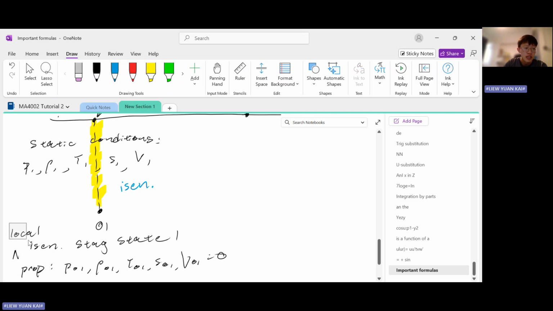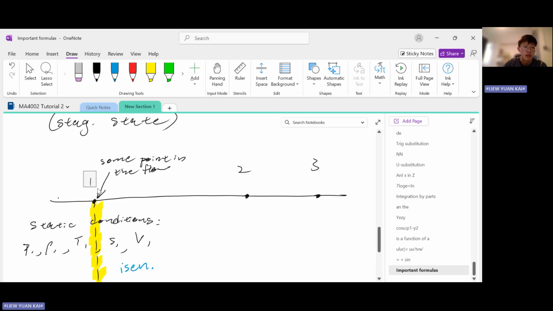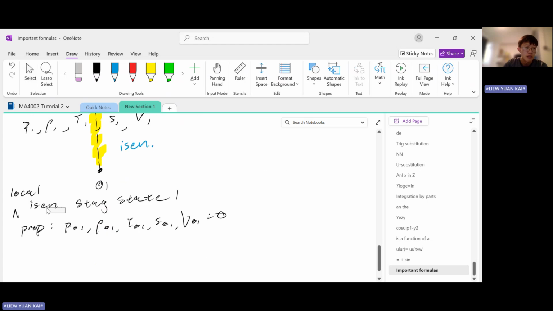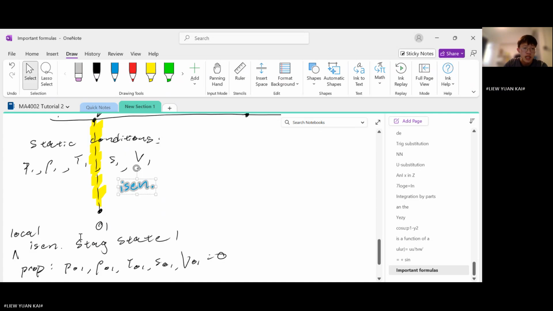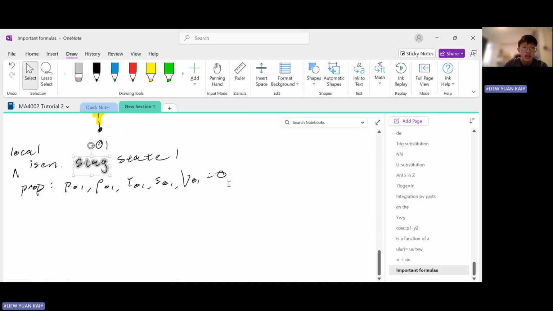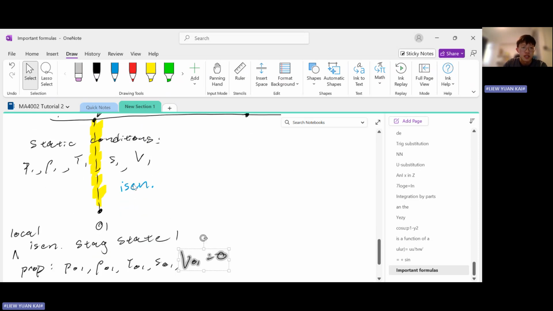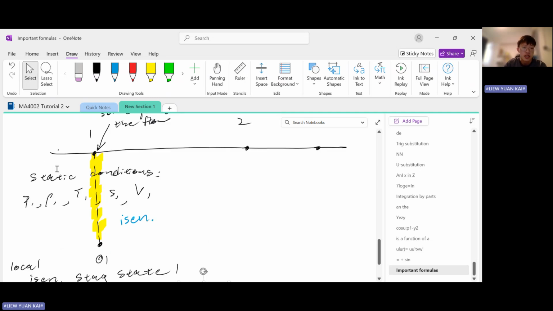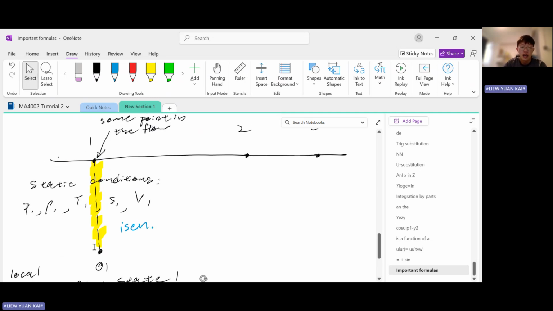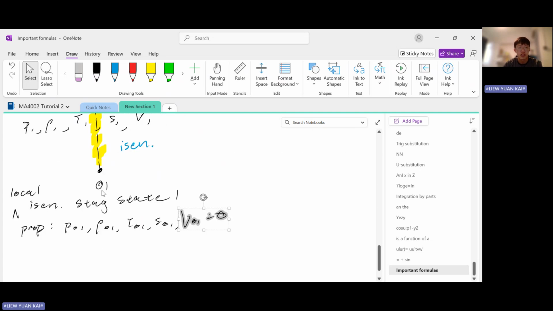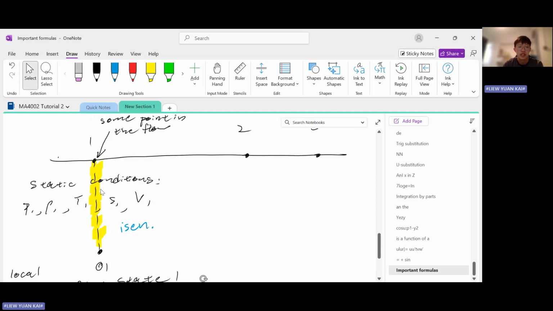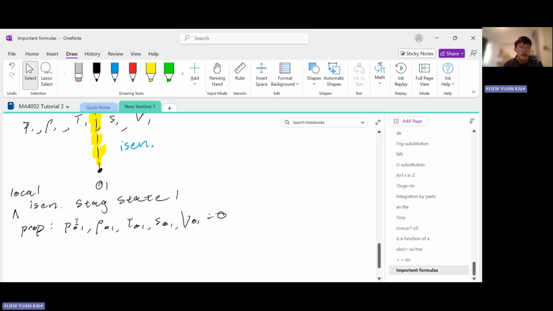It's called local because we're talking about a certain point, and that point we're talking about is point 1. Okay, so that's why it's called local. Isentropic because it is brought to this point by an isentropic process, so that's why it's called isentropic. Stagnation, okay, the word stagnation means 0 velocity. Okay, so that's why there's the word stagnation, and then state, because this is a certain state in a flow process. Okay, so that's the definition of a local isentropic stagnation state. It is a point in a flow that can be brought to its local isentropic stagnation state by an isentropic deceleration. Okay, so this stagnation state has its own set of properties, right?